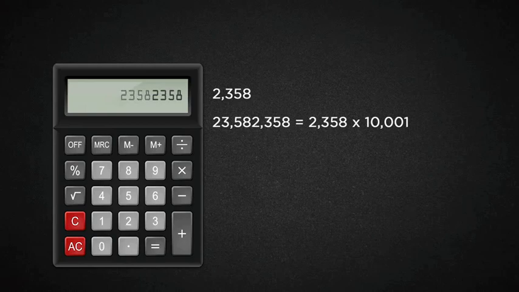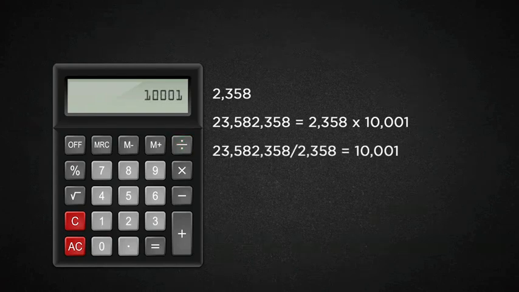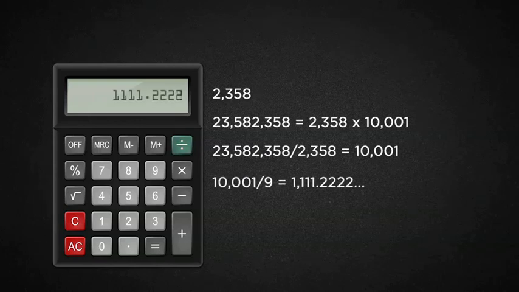Right? Check it out. If you took 2358 times 10,001, you would get 2358, 2358. So it should come as no surprise that when you divide this by the original 4-digit PIN number, you're guaranteed to get back 10,001. And if you divide this number by 9 and then by 9 again, your answer begins